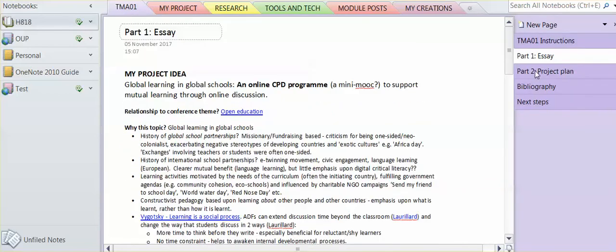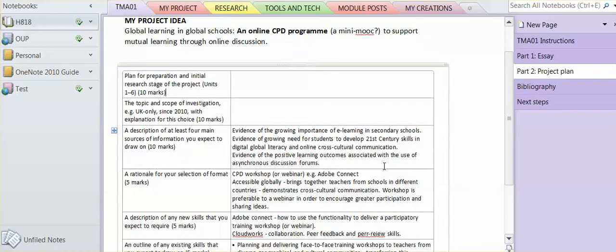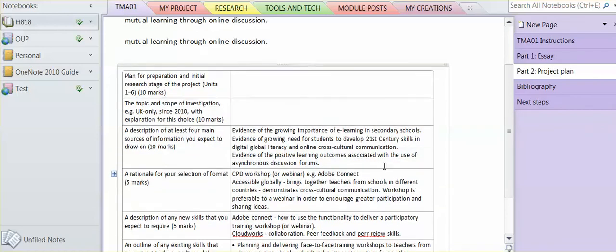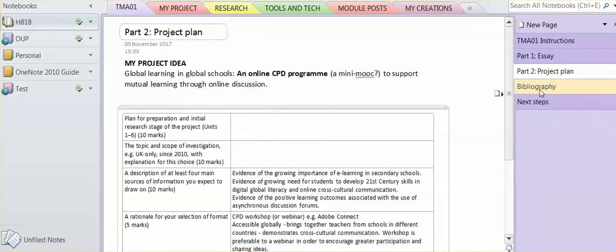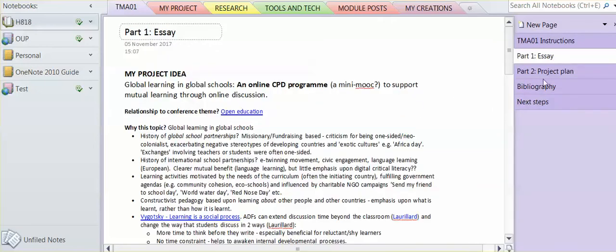The next page in this folder is my part 2, my project plan. I've created a table for this at the moment and I'm just adding to it as I go. So I'm adding any thoughts, ideas, notes in here for my part 2. And then I've just started creating a kind of bibliography of important readings and things that I might need. So if we go back to part 1, which is the essay part of the assignment,